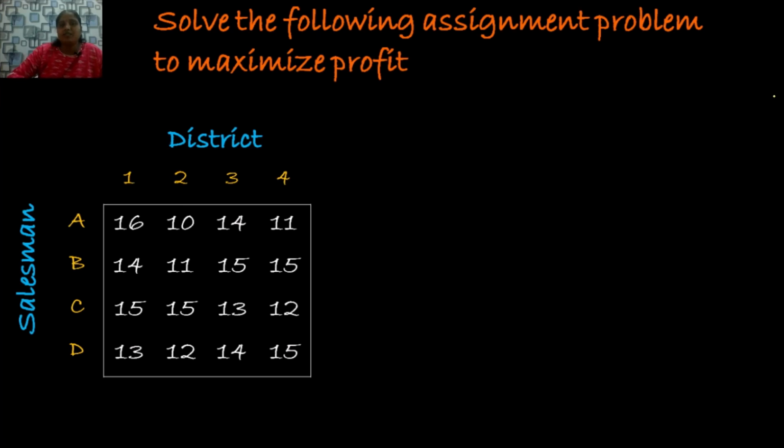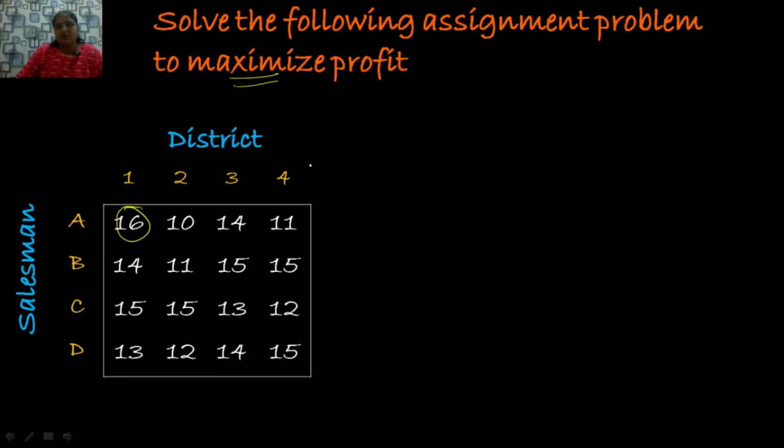I will give you one more problem for your practice. Take this problem and work it out well. This gives you more insight into how to solve problems under the maximization type of assignment problem. This is a balanced assignment problem, but it is of maximization type. So you have to first convert this profit matrix to a loss matrix. For that you have to pick the highest cost element. Here, the highest cost element is 16, so you have to subtract 16 from all elements.